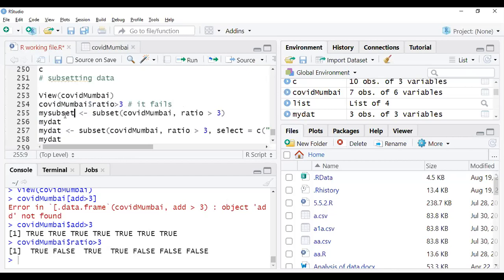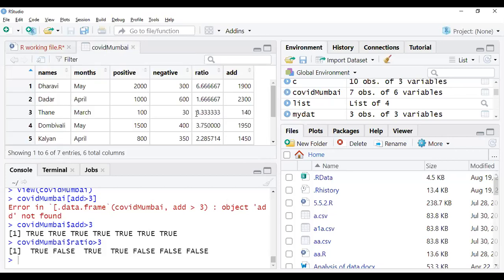My subset. Write this program. So this is your variable. Always remember, whenever it is on the left-hand side, it is always your variable. Now subset. So I'm writing the command for getting data. Understand the question first. I'm interested in fetching the data whose ratio is greater than 3. So this is the very important question.